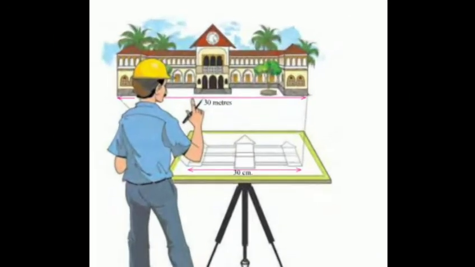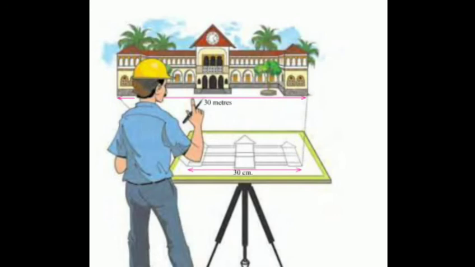Now students, coming to page number 84, see, places in our surroundings are often located at some distance from one another. These places are also large in size. Maps are comparatively quite small. Therefore, the distance between these places has to be shown in a very limited space on a map.